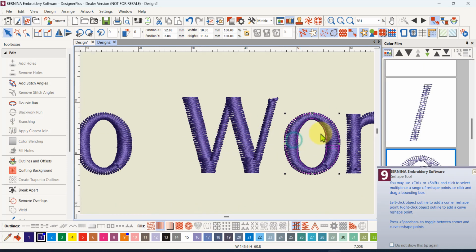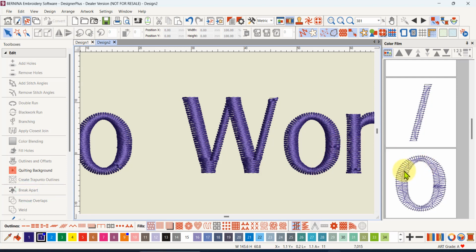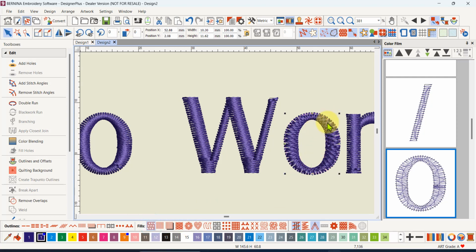Let's choose the O and let's break that apart, because at the moment it's still a lettering object, the letter O. Let's break it apart, and now it's actually an embroidery object. If I change the fill to a step fill, let's select it, change it to a step fill, we've got all these funny angles. But because it's now an embroidery object, I can actually